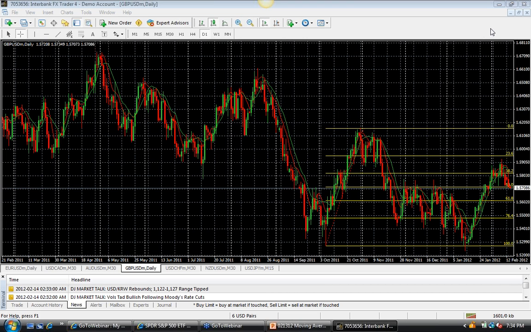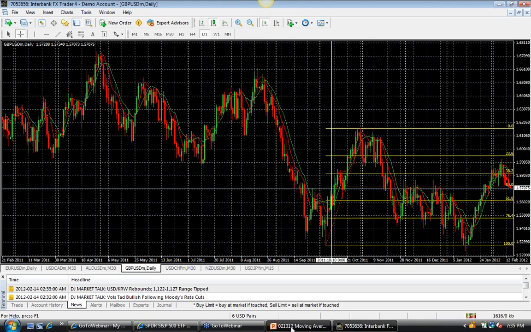So, again, you just have to understand that you can't use a 50 and a 200 for the most part if you're a short-term trader. You can't use the 5 and 9 if you're a longer-term trader. So you've got to focus it. And again, there are some rules of thumb out there that any good moving average site or book would have some information on. But 5 and 9 is pretty popular for a short-term intraday trader, which I think most of you are.